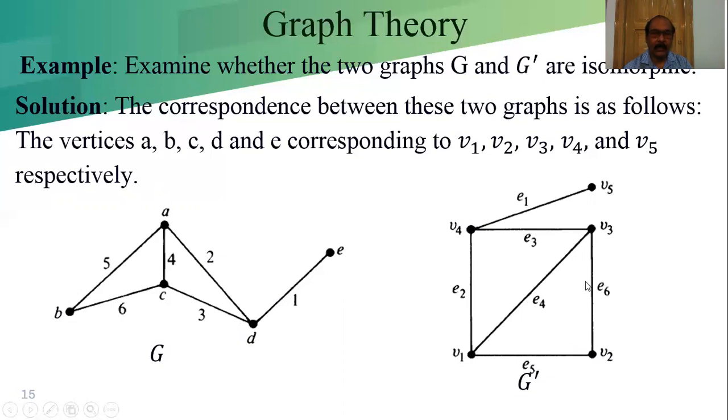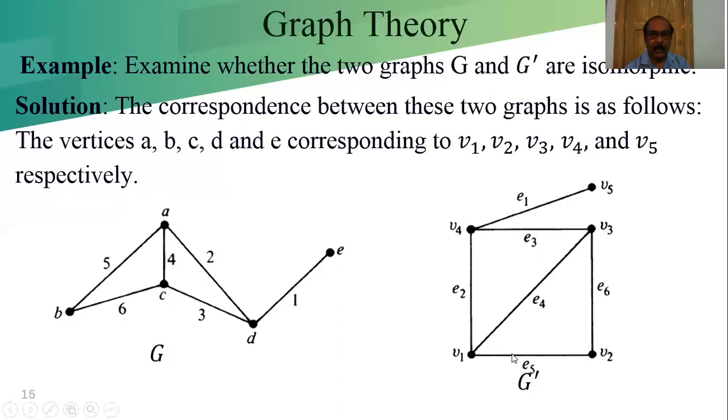Now one thing, the V3 and V1. A is degree 3 and 1 edge is incident to this. That we have to check. So that way, this is the incidence property. When V1 is corresponding to A and D is corresponding to V4, the edge taking these two vertices is E2. That means edge 2 is corresponding to E2.